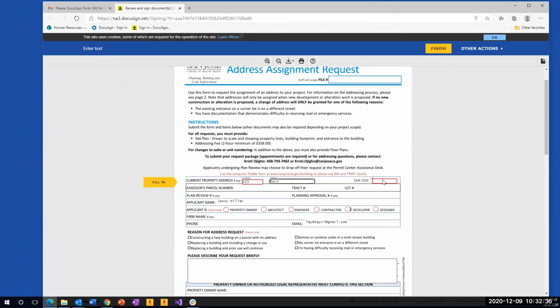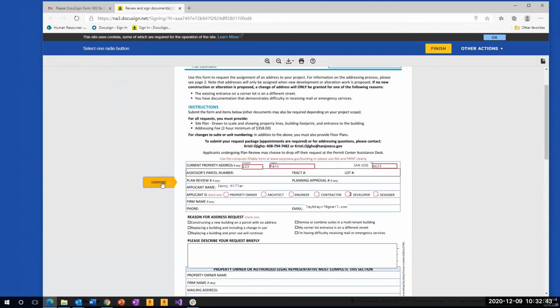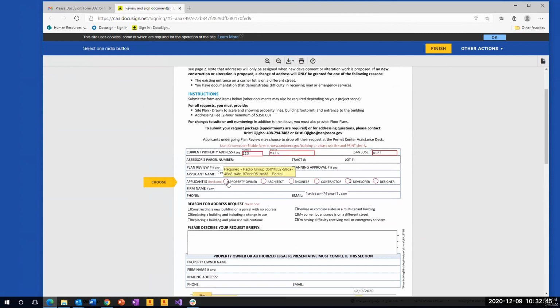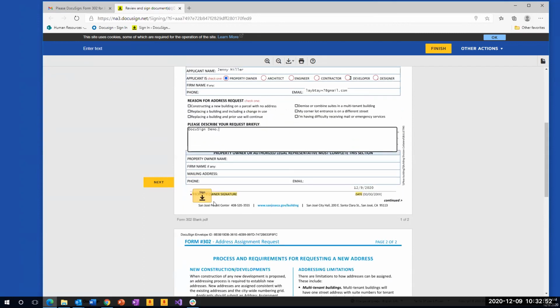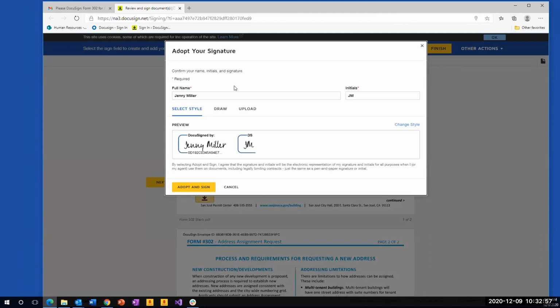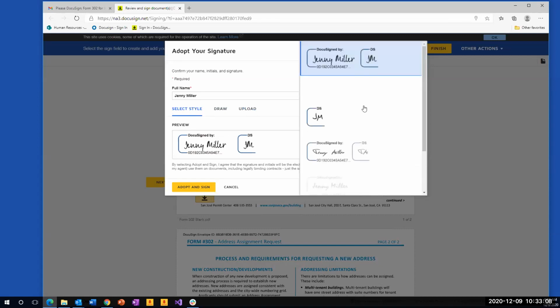Now here's what I want to do, right? Let's purposely make a mistake here. A123. This is obviously not a US zip code. And let's assume that she did not realize a mistake is made. She goes ahead and fills in the rest of the information like this, right? Text box, not a problem. And then she goes ahead and clicks to sign. When she clicks to sign, we will present to her a signature adoption screen, right? We'll offer 3 methods of signing. The first one is select style, which is automatically generated graphics, and she can change the style.